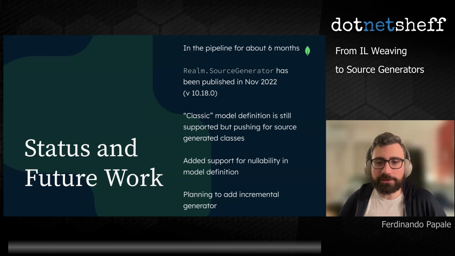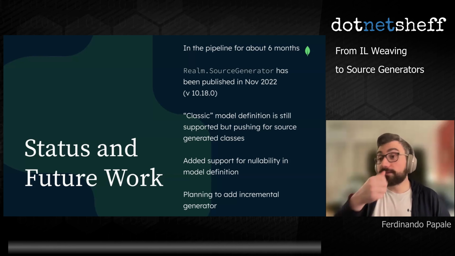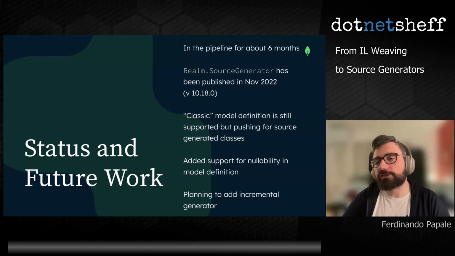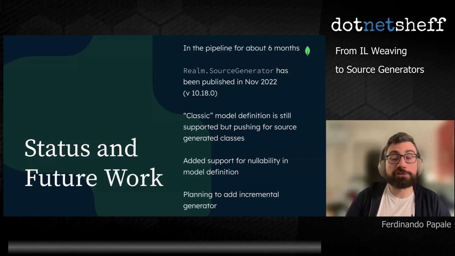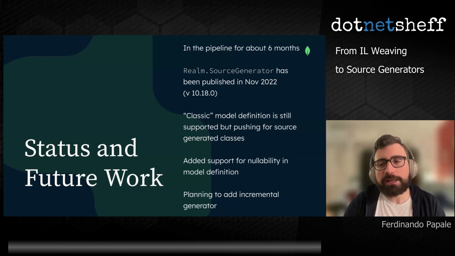the previous model definition. The fact that we moved to source generators allowed us to work on some features that we wanted to work on for some time, but it would have been particularly annoying to work on with Weaver. For example, we added support for nullability, we added support for a new data type, and also we added support for serialization, a certain kind of serialization that allows to use Realm objects together with the MongoDB API in an